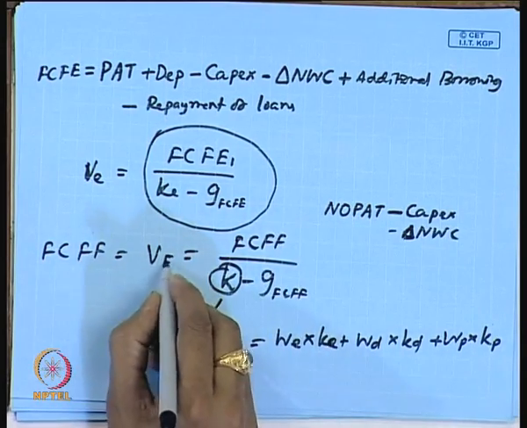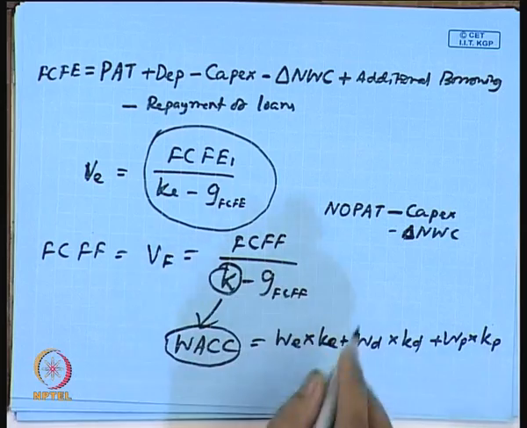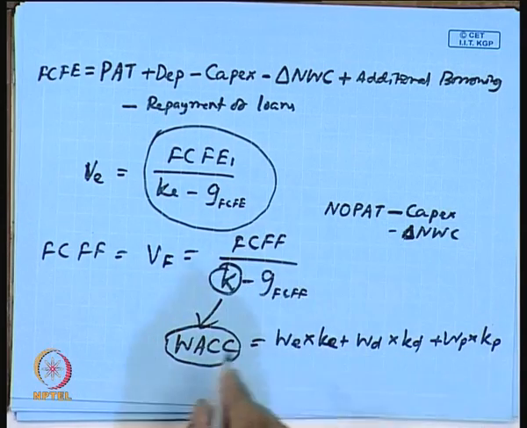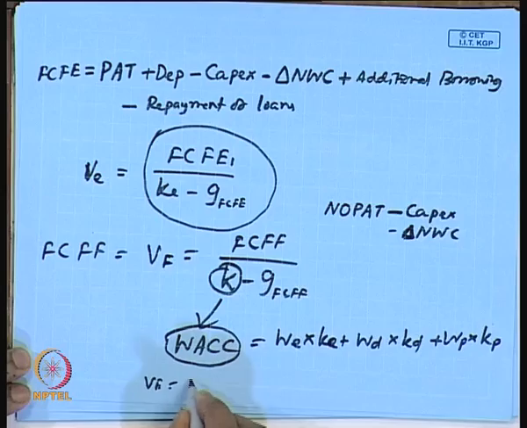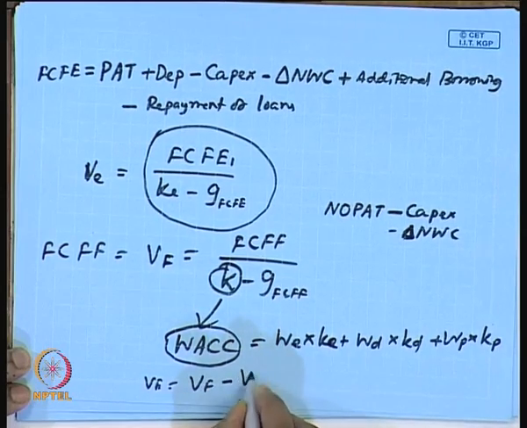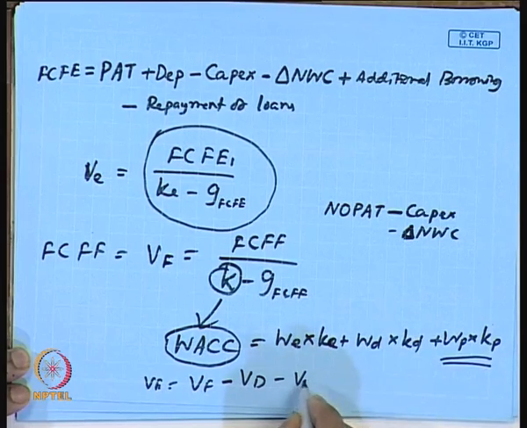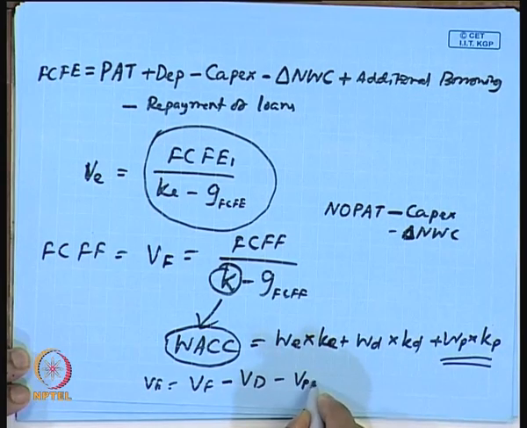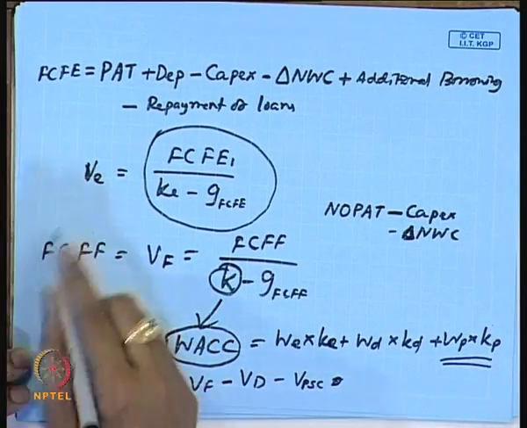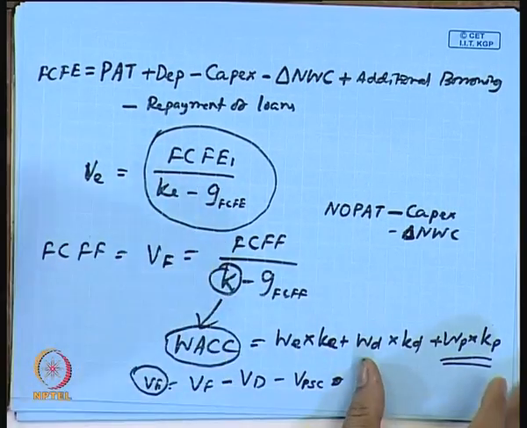Once you have the value of the firm as per the free cash flow approach, then one can find the value of equity by taking the value of the firm minus the value of any debt, and the value of preference share if there is any, as we have discussed for the value of preference share capital. That gives us the value of equity. So, it is an indirect approach, while the earlier one is a direct approach to find the value of equity. These are the cash flow based measures.